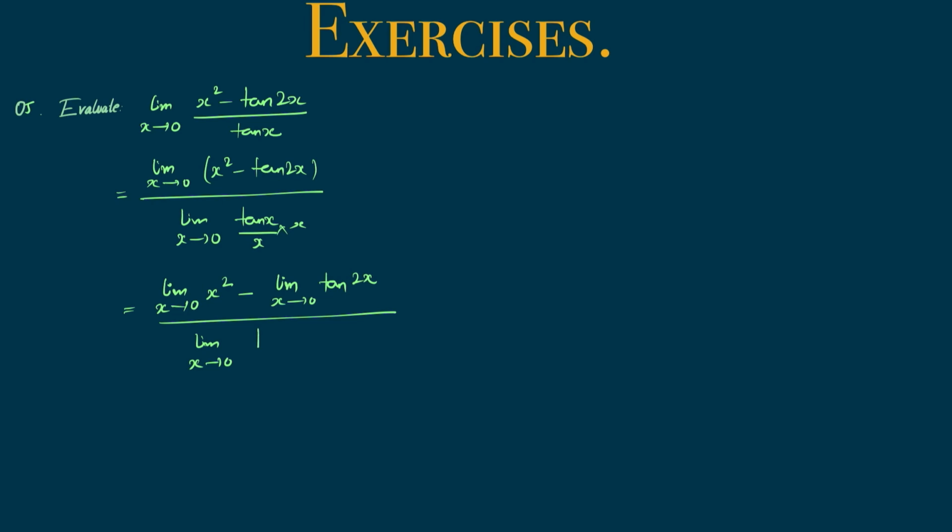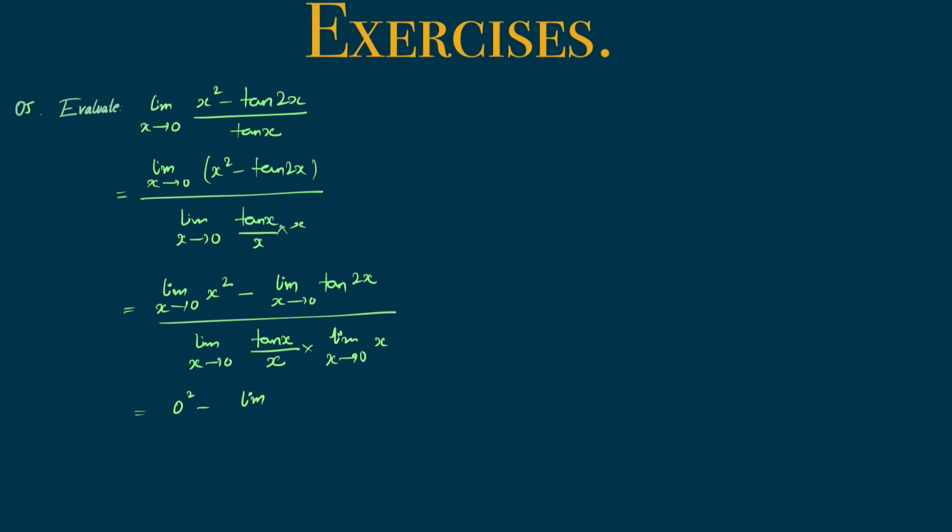I can distribute this limit to x also, then it will be limit x tends to 0 of x. Okay, now as you see that this portion will be 1 because the formula of this is 1. Okay, and here in the numerator also I can put the value of x as 0. Okay, so then it will be equals to 0 square minus